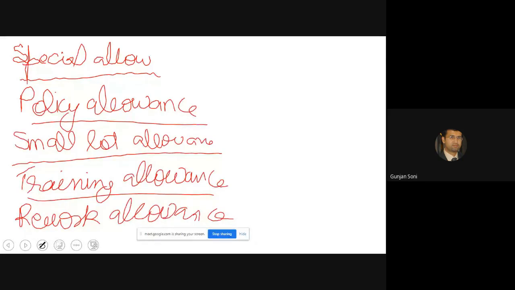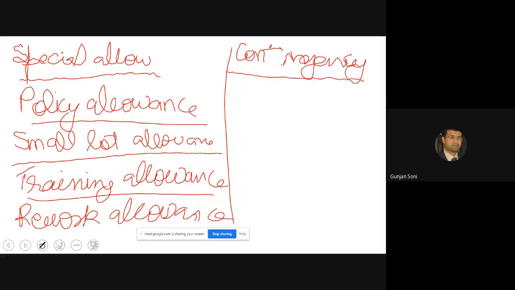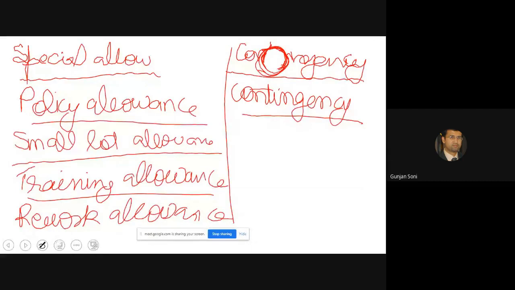Then we have next, which is contingency allowances. Contingency, actually, I don't know, there's some problem in the screen at this portion where I'm circling. I'm not able to write anything in this spot. So it is contingency. I'll write it again. Contingency allowance. So it is a small allowance of time which may be included in standard time to meet the legitimate and expected items of work or delays.